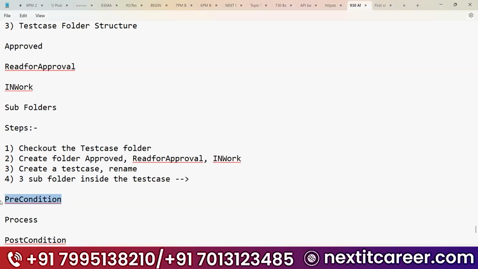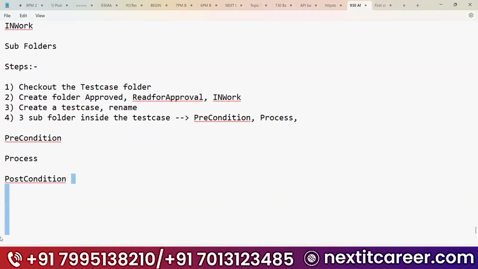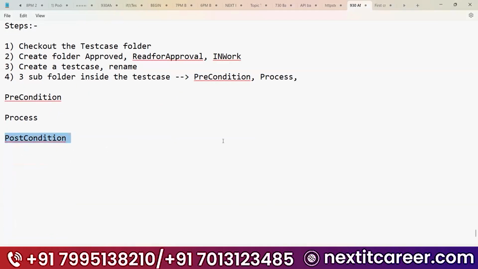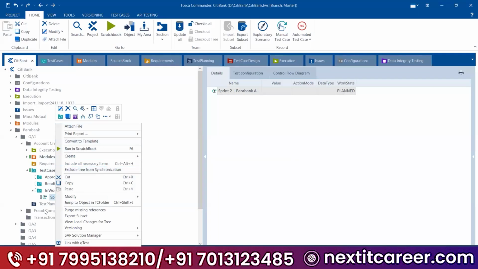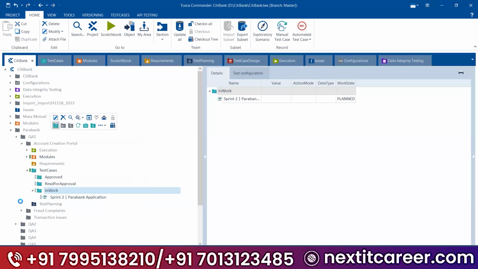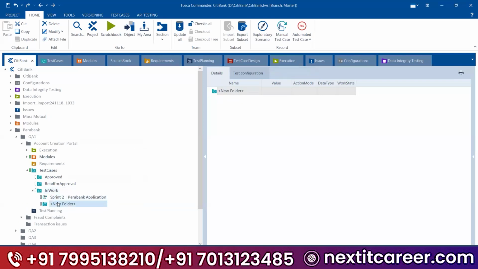You need to follow this structure: precondition, process, and post conditions. Okay. See here. Right click on the test case. Not here, guys. If you create it here, it will be below the test case, which is wrong.